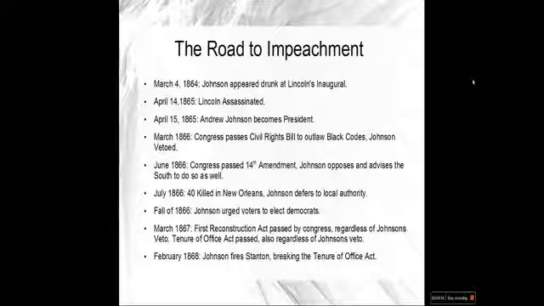February 1868. Johnson fired his Secretary of War, Edwin Stanton, and appointed a successor. There is some question as to whether the Tenure of Office Act covered the Stanton dismissal since Lincoln had appointed him. Nevertheless, Congress interpreted this action as a violation of the Tenure Act. At the same time, Johnson replaced several generals who had made strong efforts to protect freedmen's rights in their states. They were replaced with generals who were less likely to help freedmen.